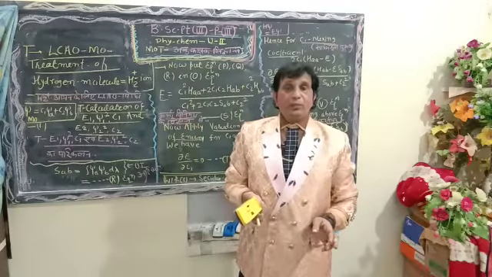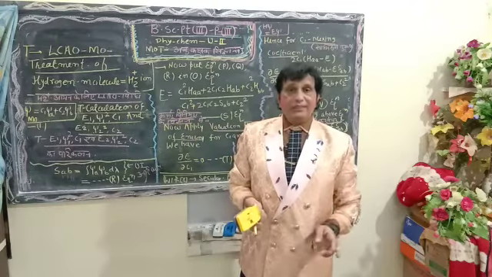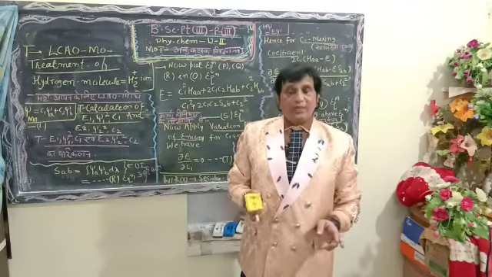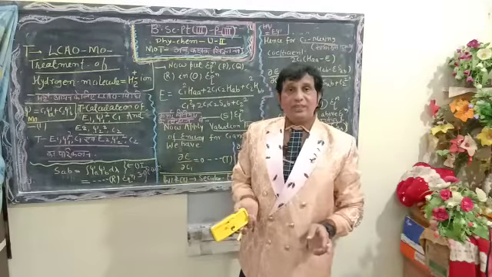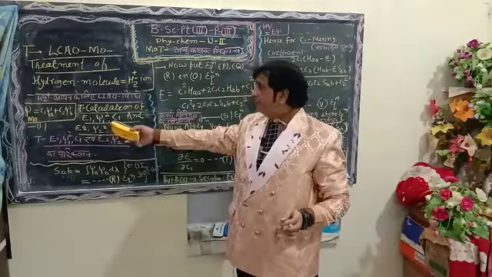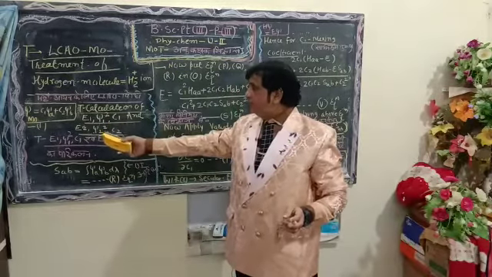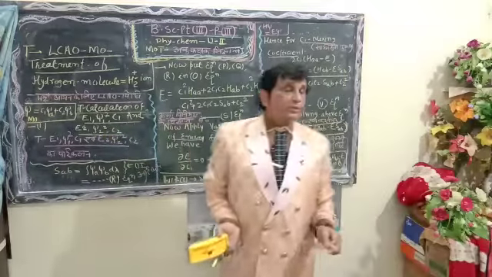Today's lecture is taken from BSc Part 3, Paper 3, Physical Chemistry, Unit 2, Molecular Orbital Theory. The title of today's lecture is the calculation of E1, psi1 square, C1, E2, psi2 square and C2. Now let us proceed.